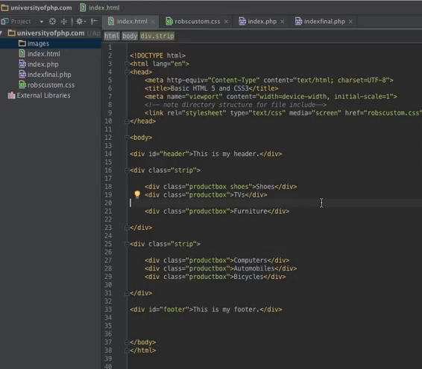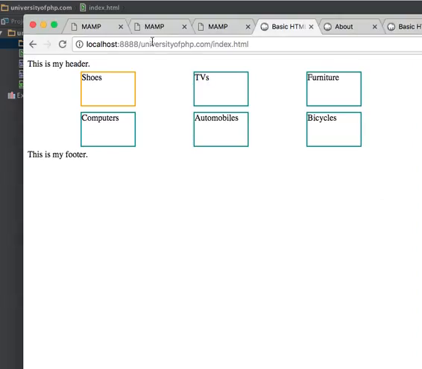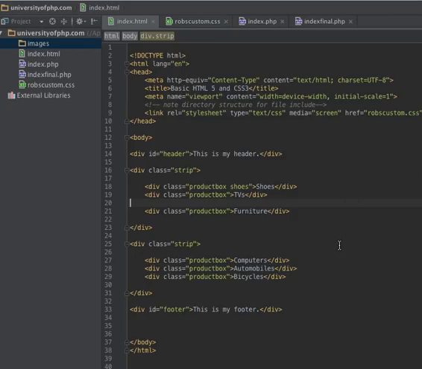So now, here we have our web page, and we can see, oh, well, I like this, but wouldn't it be nice if this text here, the shoes, could be centered? Wouldn't that be great if we could do that? Okay, well, what we're going to do now is